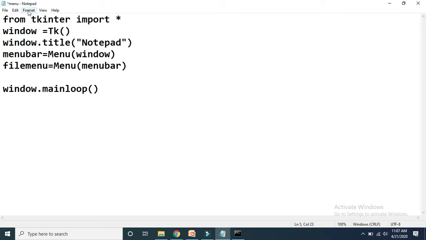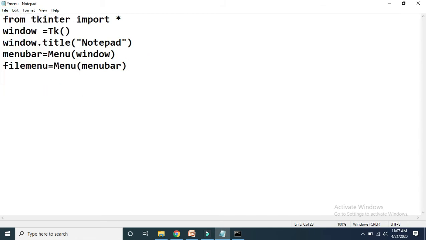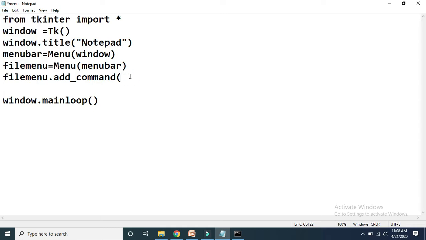Now what is our next task? In this file menu we have to add these elements: new window, open, save as. If I want to add new in the file menu, then using the file menu object we have to call one function, that is the add command function. And for that, which menu item do we have to add? We have to add the menu item new, so that new we have to display. That is actually a label, so for this we have to use the label attribute, and for that label attribute we have to assign the value